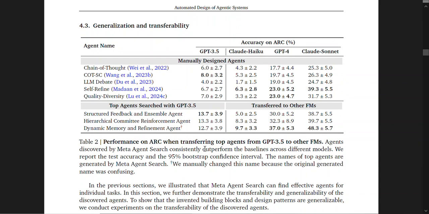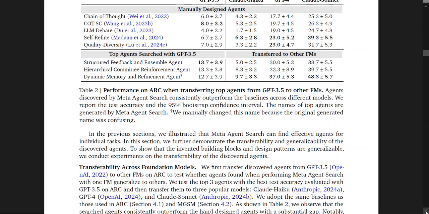Okay, so performance. We changed this next to the original generated name, but some more confusing. So again, we have structured feedback. Okay, so we sort of went over what these were, I believe, in Figure 1. So if you don't remember what that is referring to.